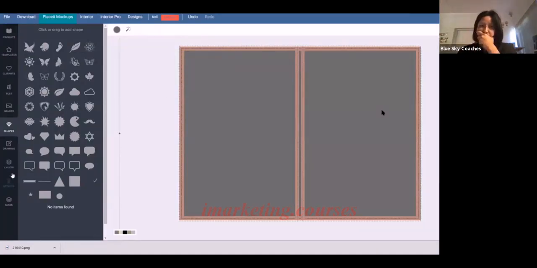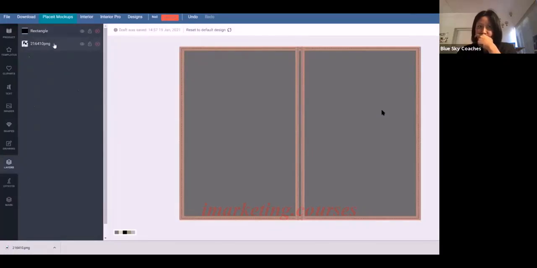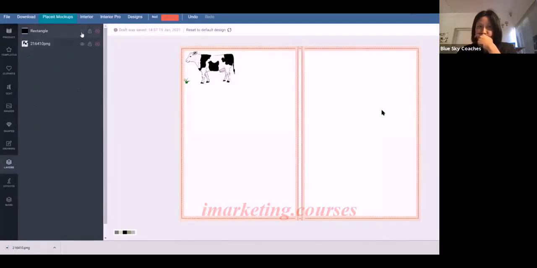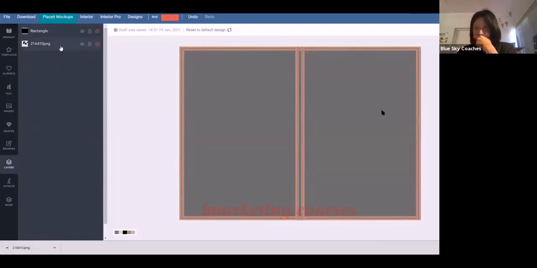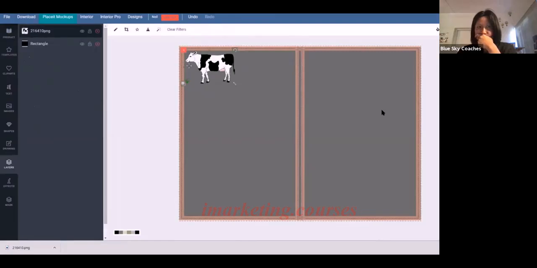And now I'm going to go to Layers tab, and you'll see here's that cow, right? If I turn that layer off, you'll see, yeah, there's the cow. You can drag these around. So I just want to drag it on top of the color of the book. I'm going to select that layer, okay? So I've selected the layer,